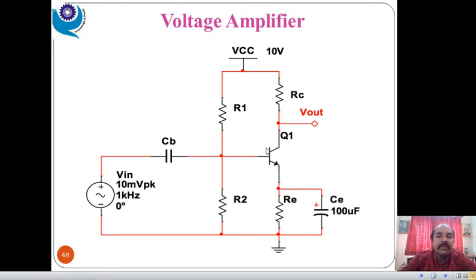Here we have used the self bias technique because the stability of this amplifier in self bias is nearly equal to 1. There are n number of parameters that we need to focus on to design an amplifier, such as input impedance, output impedance, voltage gain, current gain, power gain, its stability, bandwidth, noise and distortion.